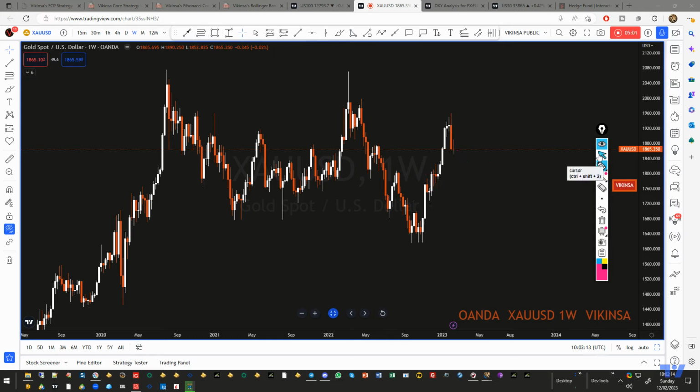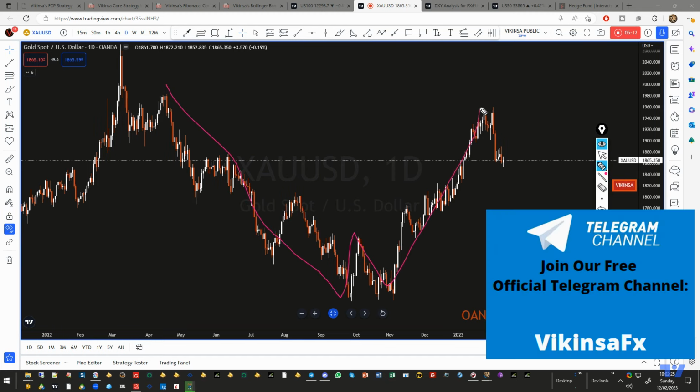If I go to the daily time frame, this is what has been happening. As I said, we have this W pattern here. This was a very good W pattern. The gold was in parabolic nature. As I mentioned in previous analysis, we anticipated the parabolic move in our FCP room around here. This is where I anticipated that the market could actually go parabolic all the way to this level.